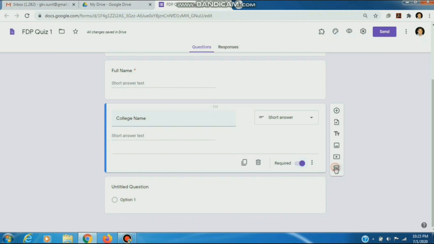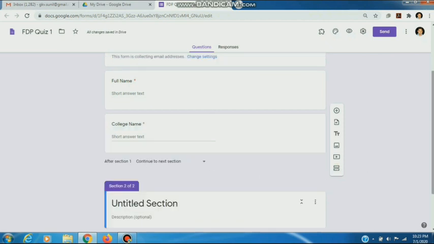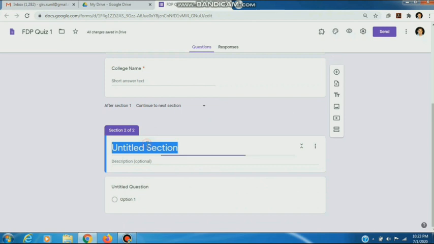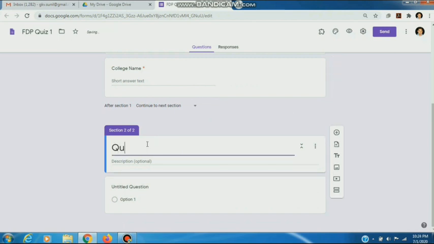So we add a section here, and we can rename it. It may be different from the Google form name. I type here quiz. If I want to give some instruction, then I can type anything. Suppose all questions are compulsory. These instructions are the same as we write on question papers when we create question papers.